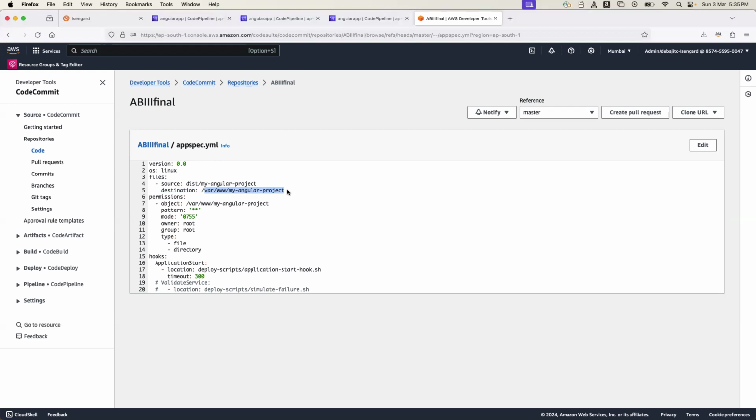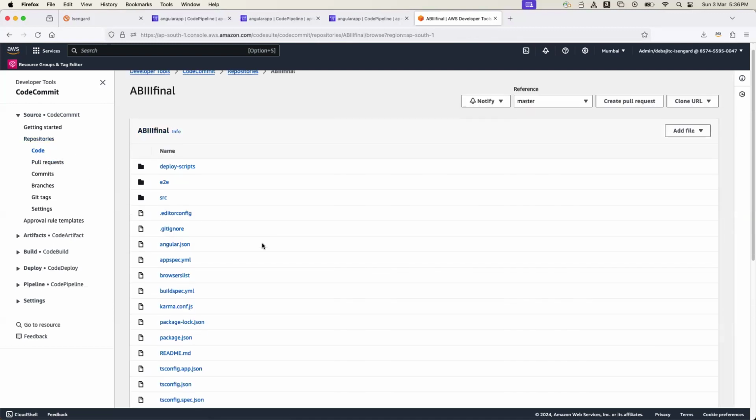There's a work directory basically. Whoever works with Linux knows that's a basic command. And this is a permission that you have to set. And here also you see there's a location. Basically there are hooks, and these hooks will actually help you for deployment. It's a very straightforward YAML, and without that you cannot start any CI/CD in AWS. And if you follow your own Git and Jenkins way, the traditional way, you need to define the same kind of JSON or YAML there, right? So another repo, another file that you have to